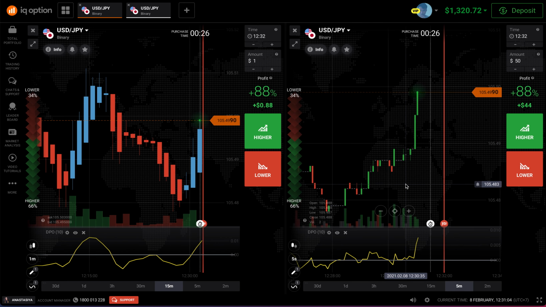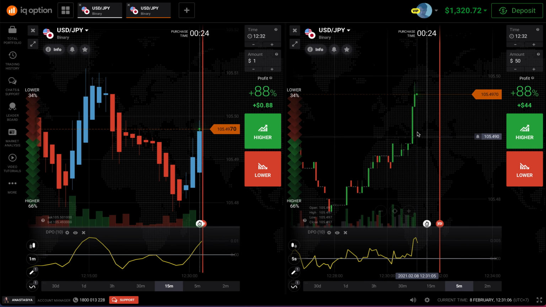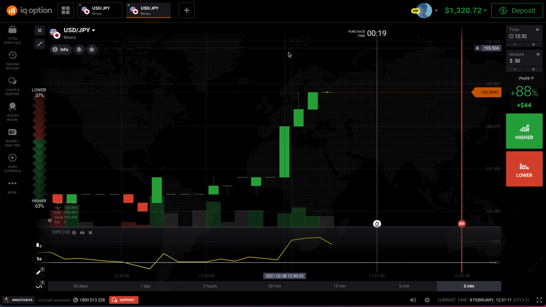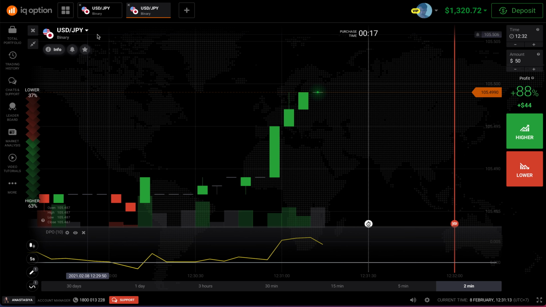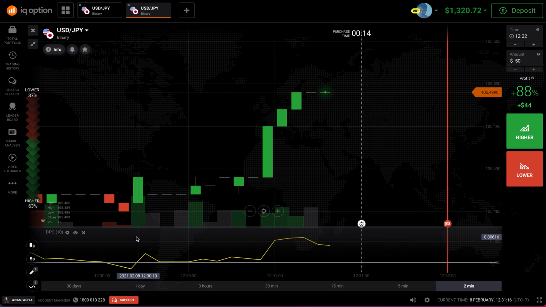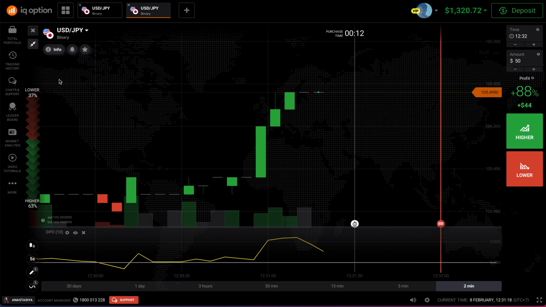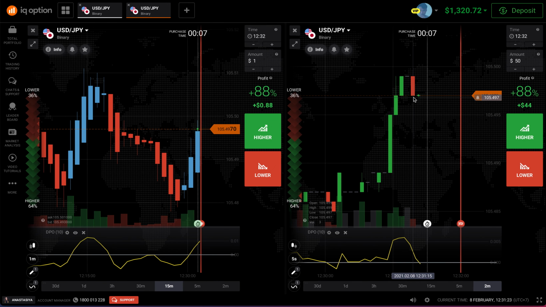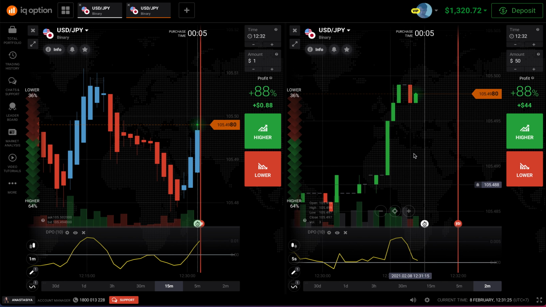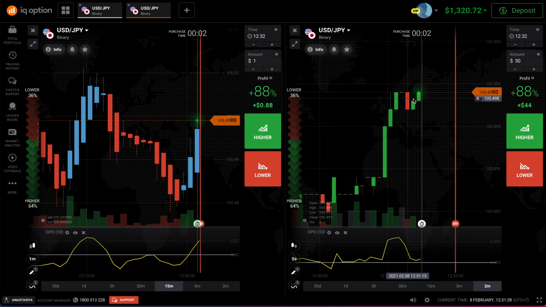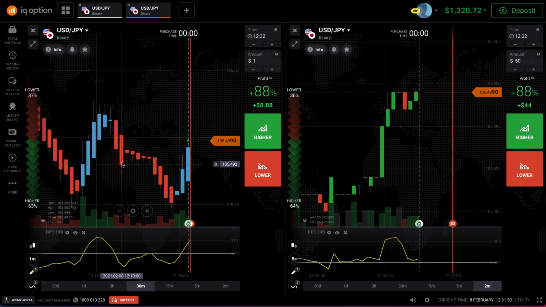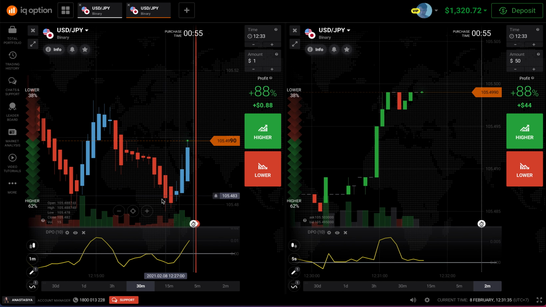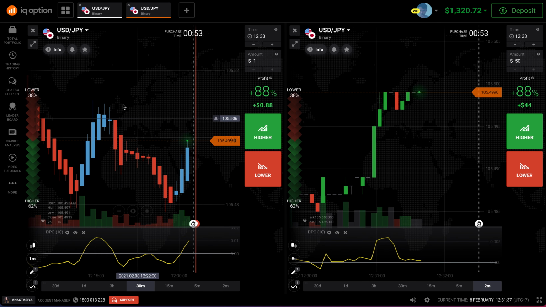So for the entry and exit, we will use Euro USD and Japan, right here, compared side by side. We put it into 5 seconds. So 5 second Euro US Japan here, so that we can get a much more precise entry on this one. And we are learning on the US Japan with the trend reversal pattern of the